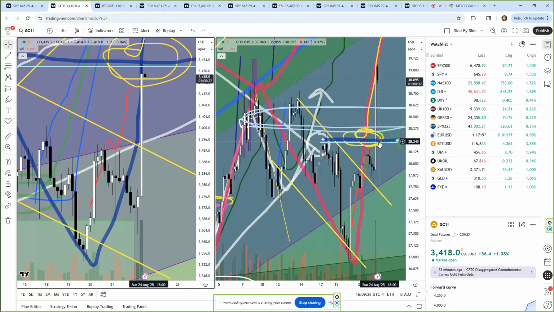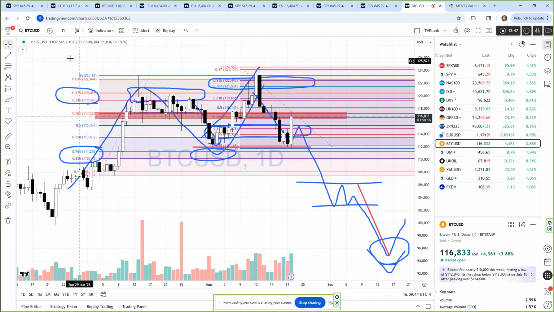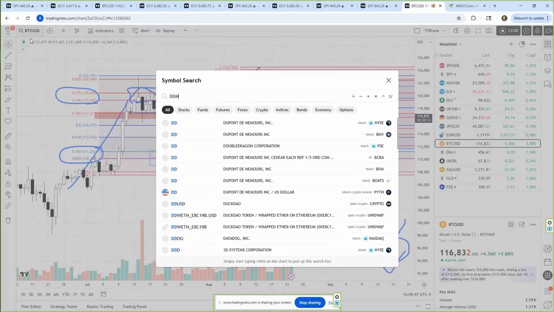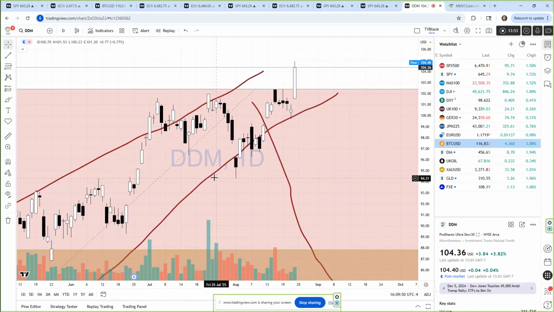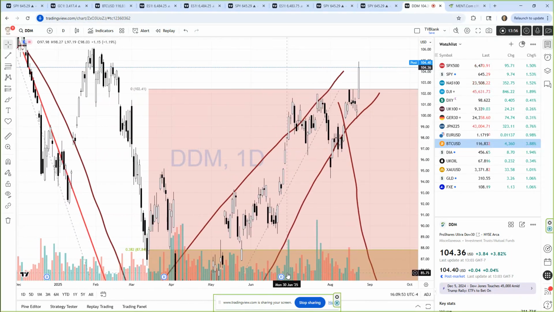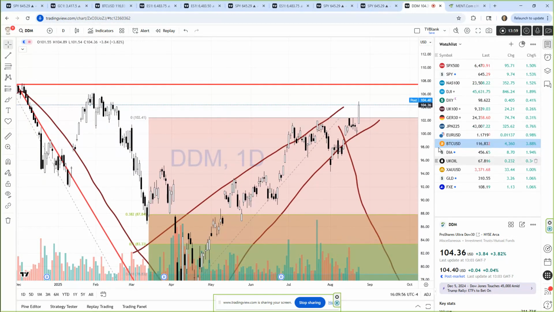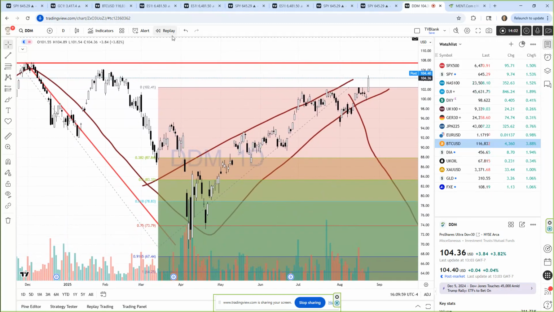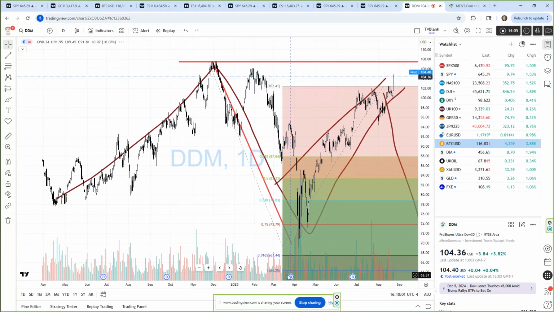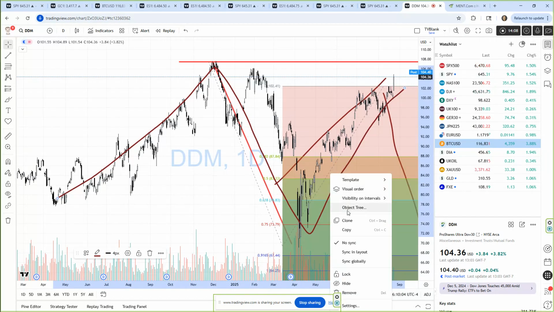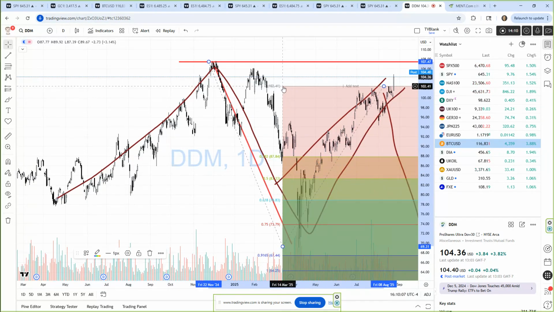Silver ripped above my level, 38.24, to really move into bullish trending. I think we're going to see how this plays out on Monday, Tuesday. I think this is a big expansion move in metals, but we shall see. The interesting thing here also would be to go to something like DDM, and you can see here, and I talked about this in the last video, you can see here that we're still in that broad expansion phase, that flagging phase.